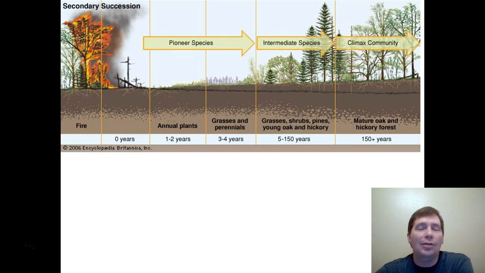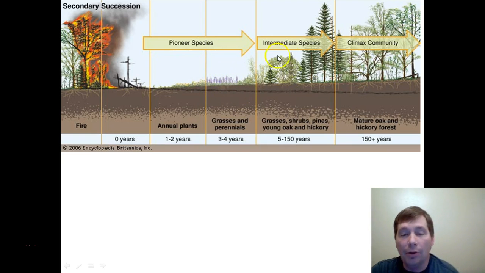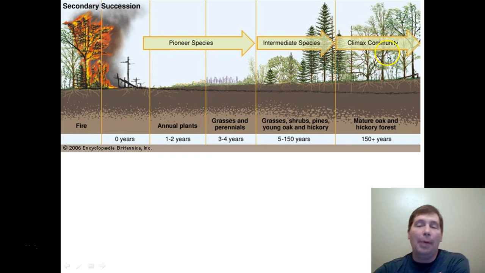In secondary succession, we can skip the lichen and the moss phase and get straight to the point where grass is growing in the area. So in secondary succession, your pioneer species is usually a grass, and then things like flowers and herbs come into the area, and then eventually trees can come in, and then finally we're at our climax community.